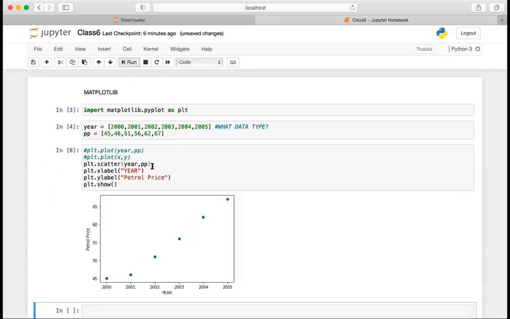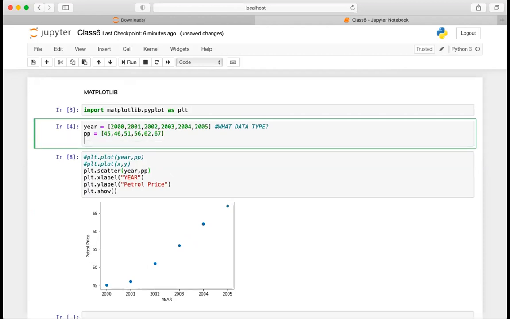If I plot, you can see the line is gone and now it has only these blue dots. Whenever you want a scatter plot or want to see the trend, you can use this plot to do it. Now let's say I want to check something.